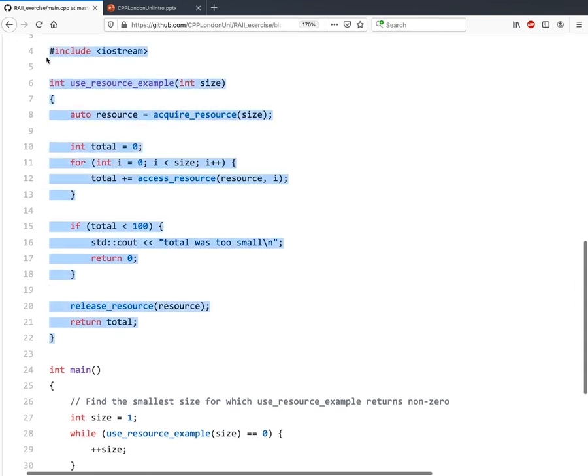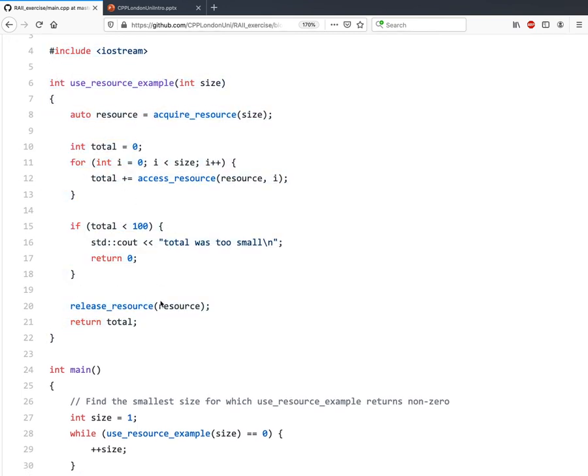This use resource example function. We imagine that we're taking our C library that has these acquire, access, and release functions, and we are just using that from our C++ code. Really, really common thing to do. There are thousands and thousands of C libraries out there.